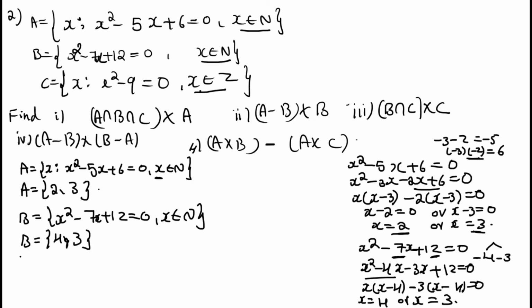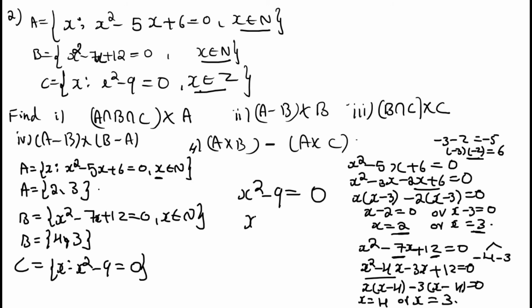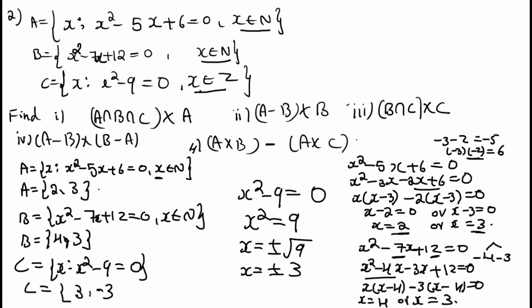It's the same. And set C is equal to the set of all x such that x square minus 9 equal to 0 is given. Consider that equation. X square minus 9 equal to 0. X square equal to plus 9. What is x? X equal to plus or minus square root of 9. X is equal to plus or minus 3. Okay, so set C is equal to x equal to plus 3 or minus 3, right? You can write it as {3, minus 3}. Why am I taking minus 3 here? See, in the question x is an integer is given. So since minus 3 is an integer, you can take minus 3 also in the set.